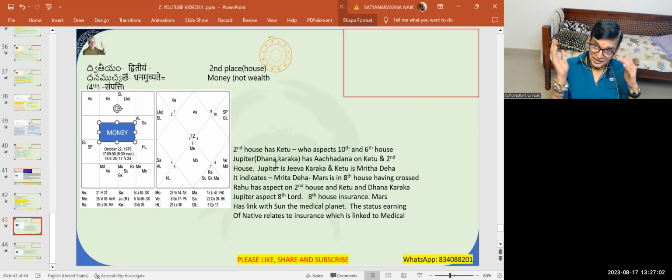So Ketu, that is Mrita Dravina. Mrita Dravina means dead, money from the dead. So that is exactly what it indicates. So Jupiter, Jiva Karaka, having an Achadana on the Ketu. And Ketu and Jupiter is in the Venus house, and he aspects Venus there, and he is the 8th Lord. 8th itself is insurance, that is insurance related matters. And in the 8th house, Rahu is sitting there. Again, a planet which is